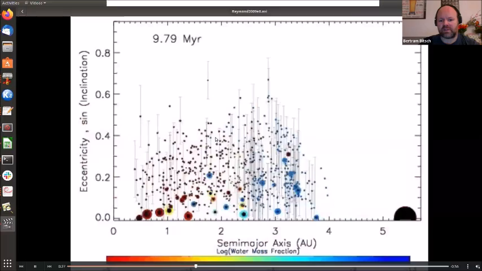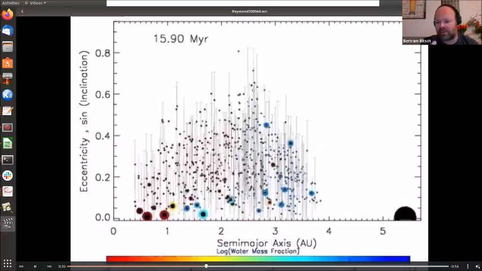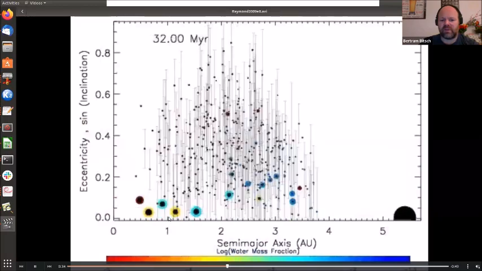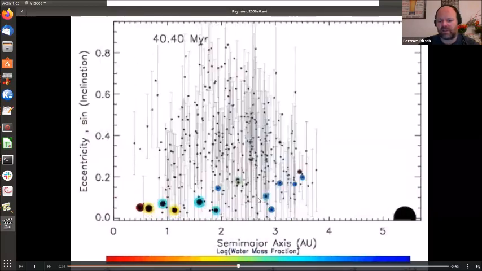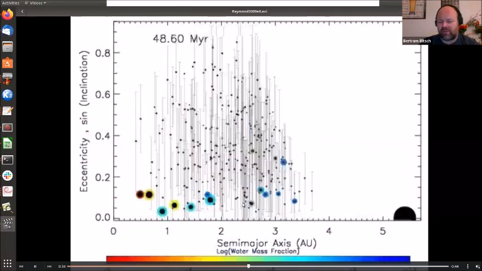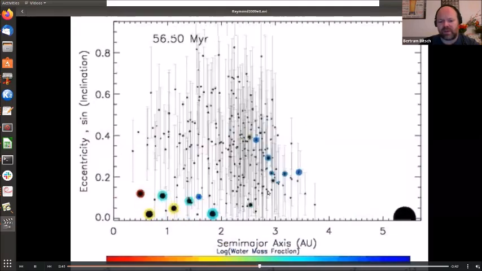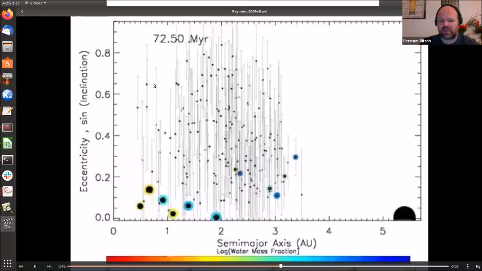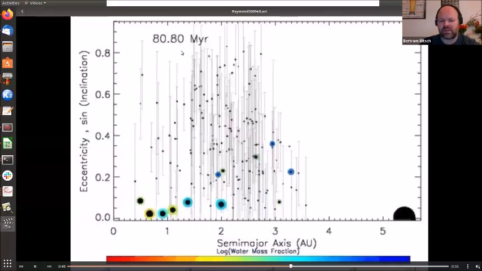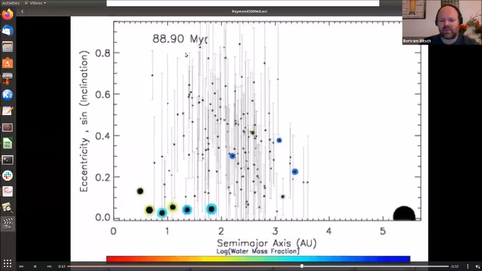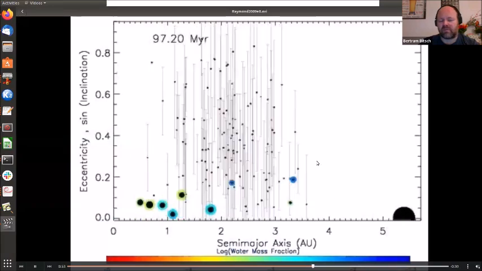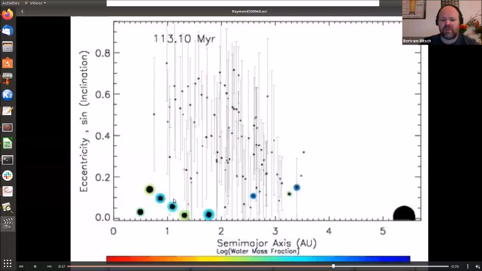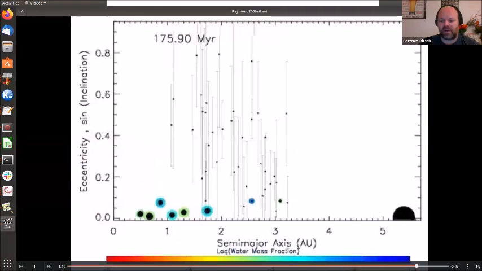At 10 million years, the disk goes away, so we do see damping effects, and the whole system becomes very unstable. And we see the collisions between the planets. The planets start to grow. At the moment, it looks like we will have no way of making terrestrial planets because we have way too many planets sitting around here. But as the simulation goes on, we are now at around 80 million years. If you go towards the end of the simulation, at over 100 million years, 200 million years, you will actually arrive at the final planetary system. Let me